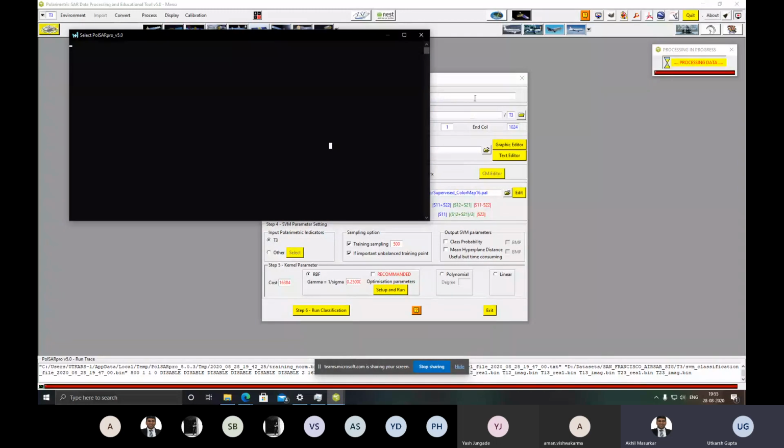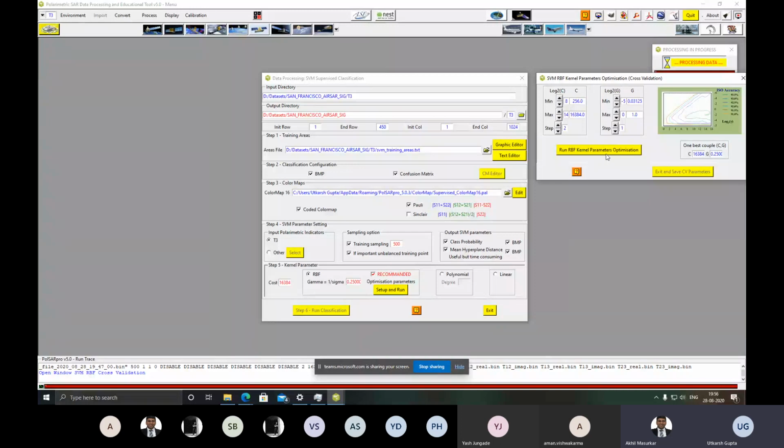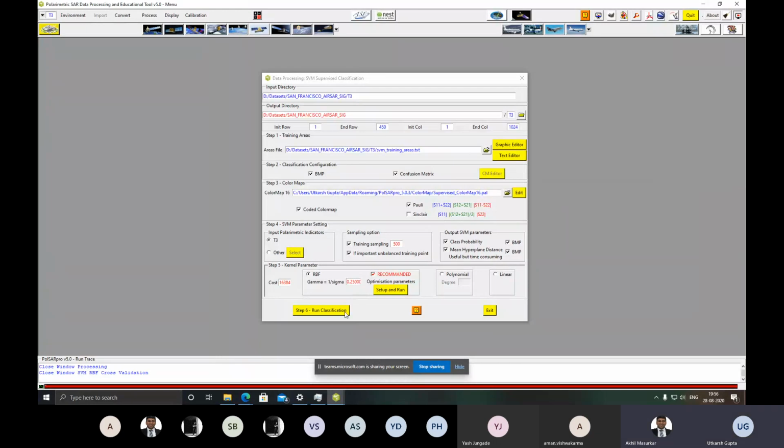Just select that class probability mean hyperplane. BMP2. Yes. Okay, now go to recommended setup and run. Then run RBF processing. Exit and save. Yes. Then I should run classification, right?